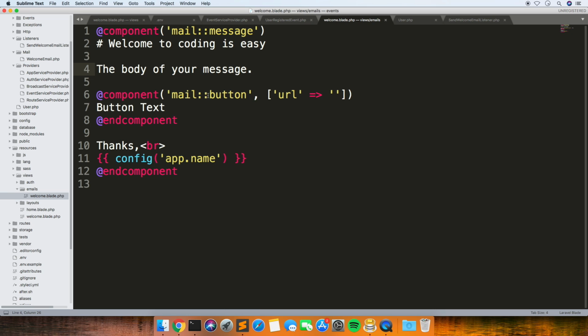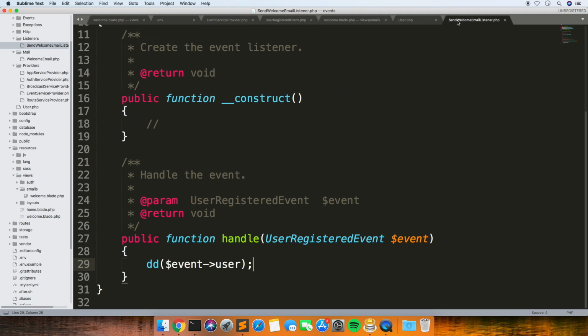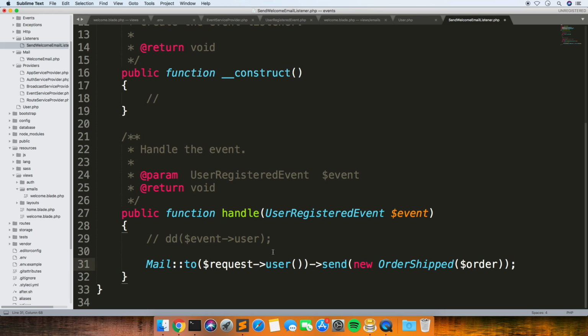Right, so in our listener, which gets fired when a user registers, let's just comment that out for now, and then paste in this line that sends the actual email. So actually we can use that.